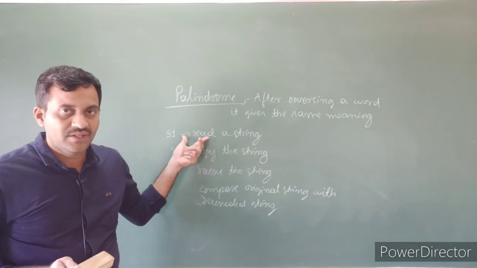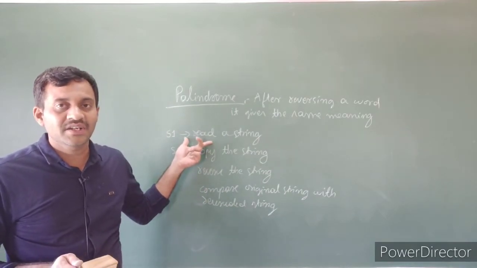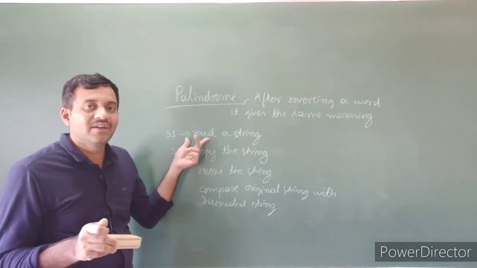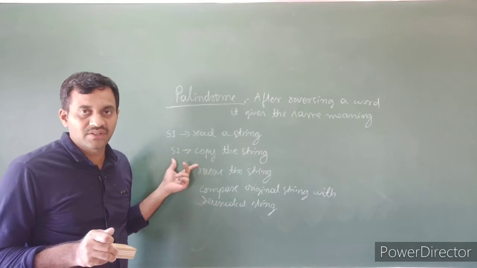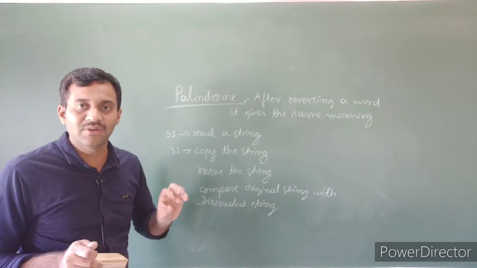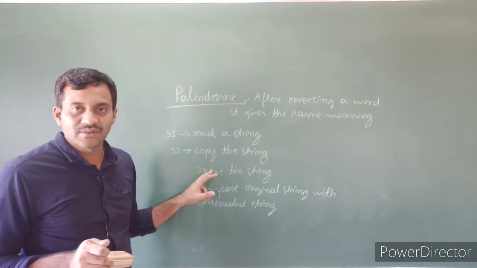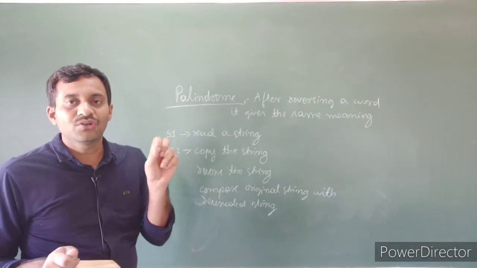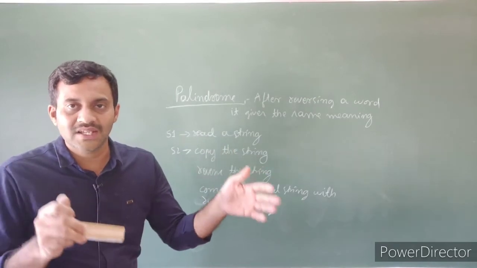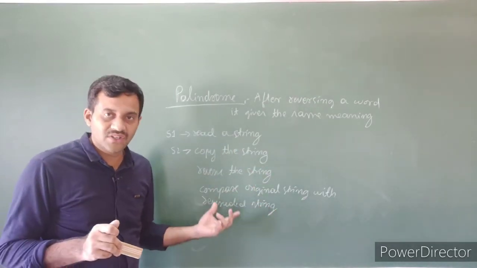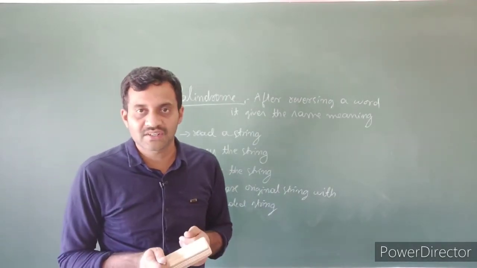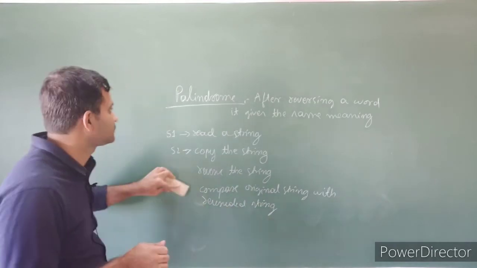What have we done here? First, we read a string. We take a copy of it because the string we read is going to be reversed. To compare with the original string, we copy the original string to another string. After copying, we reverse any one of them. If the comparison is equal to 0, when the function strcmpi returns 0, meaning both strings are the same, then we conclude that the given string is a palindrome. That is the procedure. Let's write a program.